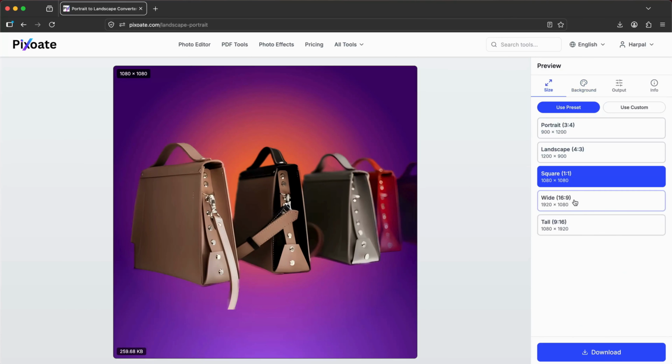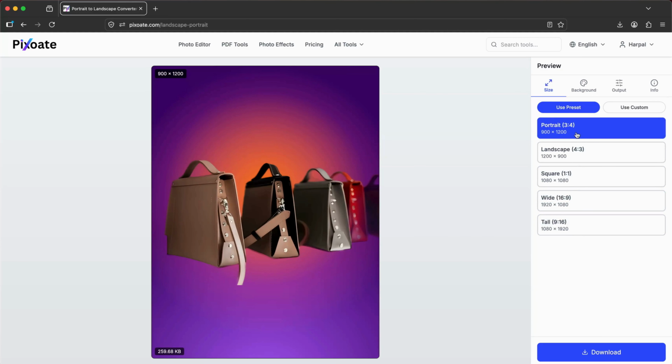Now you can convert the size accordingly, because the image is now in the background. So this way you can also upload your own background depending on